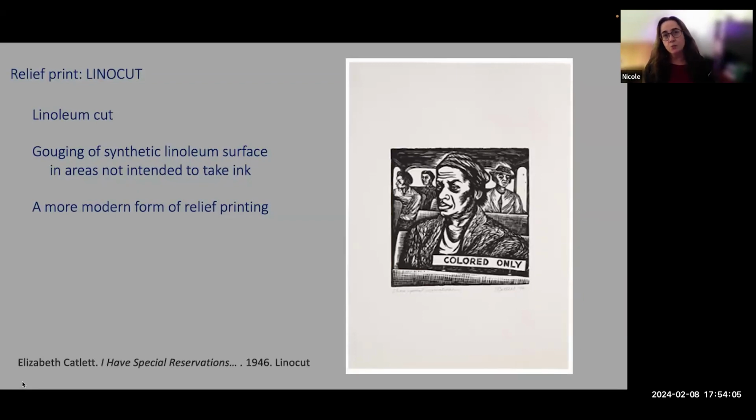So this is one work in a series that Catlett made called The Negro Woman. The narrative series of prints embodies the first person perspective of Black women, and it gives us a sense of intimacy and also resilience as the viewer navigates a variety of images relating to the ongoing struggle for racial justice that they depict. Special Reservations, the title, refers to the segregation of public transportation that was legal in the